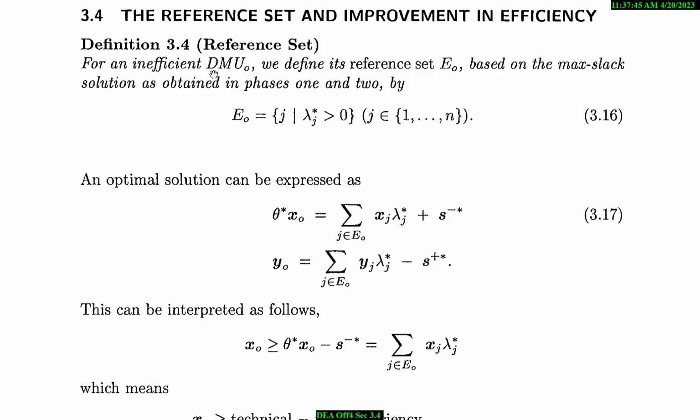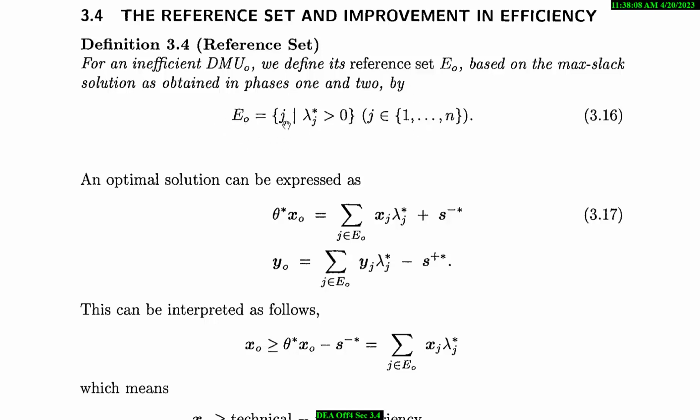For an inefficient DMU, say DMU-O, we define its reference set EO based on the max-slack solution as obtained in phase 1 and 2 by